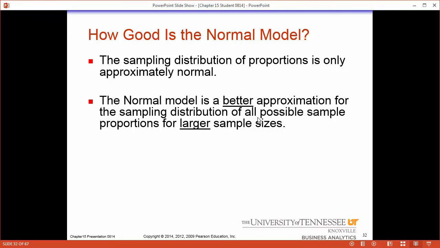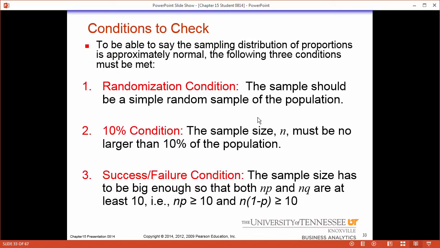We need to make sure that we meet some conditions for this. And here's our conditions to make sure it's normal. We need to randomly select these. And if you think about it, if they go out and talk to people at a skeptics convention, that's not a random sample. So we need to randomly call up people. We need to do a simple random sample to bring back an old topic. We simple random sample people, pick open a phone book, select random names. We don't get bias, and we make sure we have a random sample of US adults.